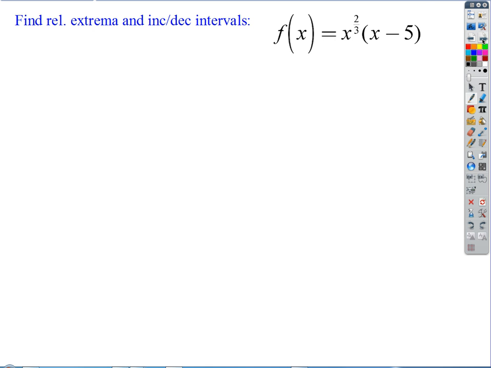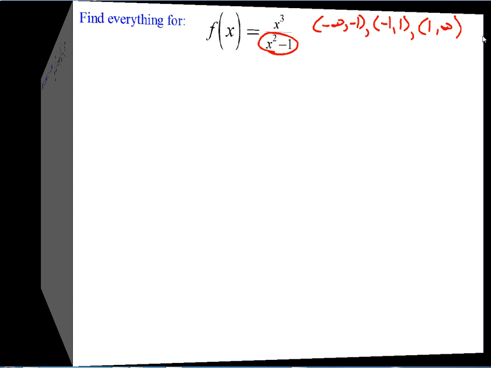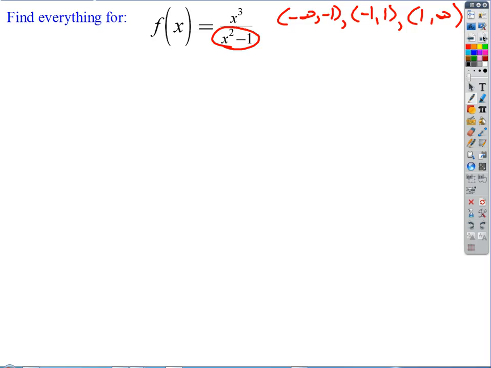Let's see, what do you know? Okay, so we actually have some vertical asymptotes already, don't we? Where are they? 1 and -1. We know those are vertical asymptotes. Why? Okay, because it's not just because the bottom's 0, though. It's because the bottom is 0 and the top is not. They're unique zeros of the denominator. Now, if we had a place where we had zeros of the numerator and denominator simultaneously, those wouldn't be vertical asymptotes, those would be holes in the function, right? Okay, it's been a while since we talked about that. Was that ringing a bell? Right? Okay, so we got the vertical asymptotes.